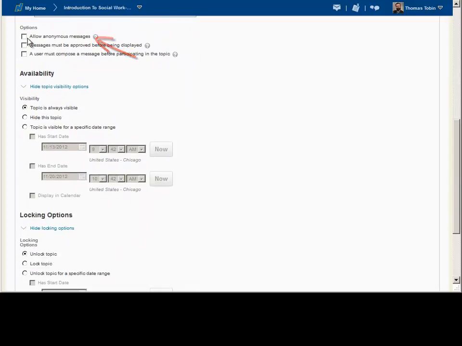Allow anonymous messages. This is good if you're having a discussion that's a review for an exam or for a paper and you'd like unvarnished questions and students to feel free to give their ideas without feeling that they have to be associated with their names. Messages must be approved before being displayed. What this means is every time a student wants to post a message, you as the instructor get a little indicator that says, this student wants to post the message. Is that okay? This turns the discussion into a moderated discussion and typically takes up an awful lot of instructor time, so don't check that message unless you're working with a very small number of people, perhaps in a group